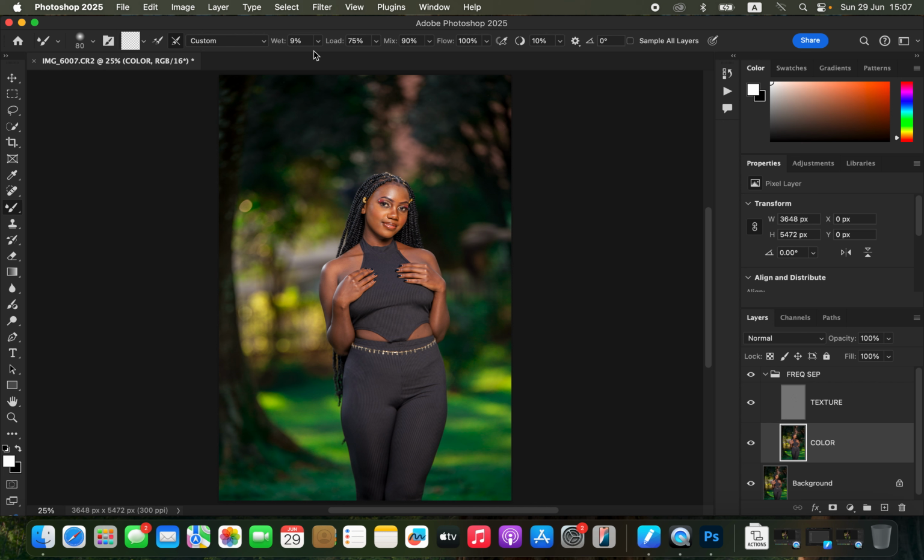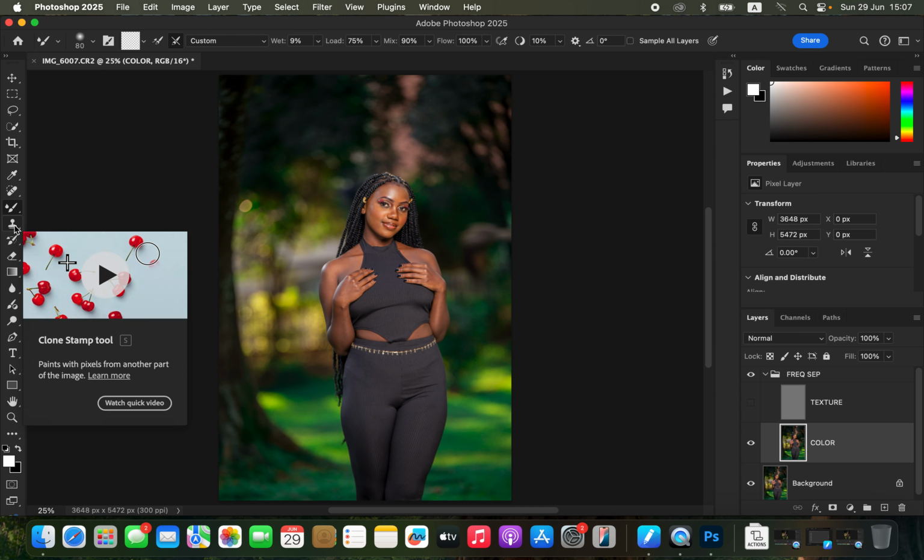The weight is 9%, load 75, mix is 90, flow is 100%. Ensure that sample all layers is not turned on or is not checked. Once you're done doing that, just come and turn off the texture or the high frequency layer. So with the mixer brush tool selected, you're just going to